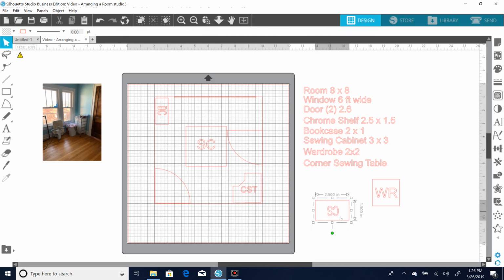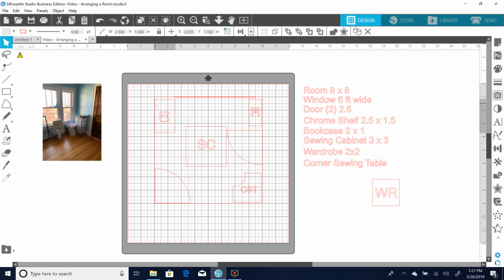Now I have this. This is one of the chrome restaurant type shelves. Now I could put that there, and that fits nicely. So I could put that right there. I could put that, if I rotate it, I could put it, I can't put it there. It's going to block the window way more than I want. Plus it won't fit there with the door. It could fit there with the bookcase, and it can fit here, but I think I'd rather have this bookcase on this side. It's going to block the window a little bit,